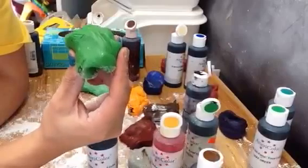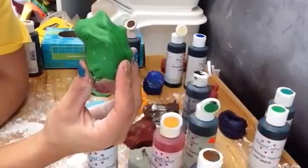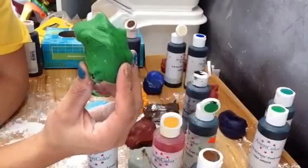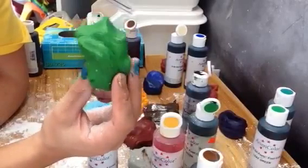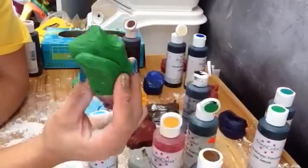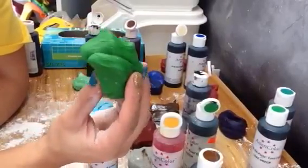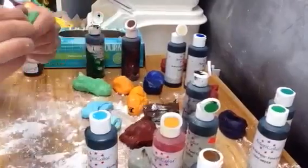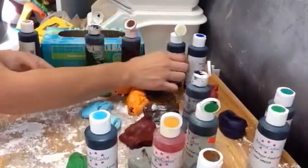So if you want to make a more natural color, like you're trying to make a beautiful natural green that's like the color of a real leaf and not the color of neon like this is, add ivory. Ivory tones everything down, or brown, and it makes it more natural. So if I take this green and I add ivory to it,